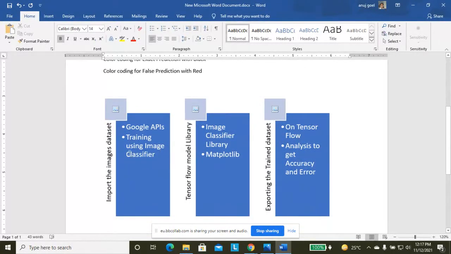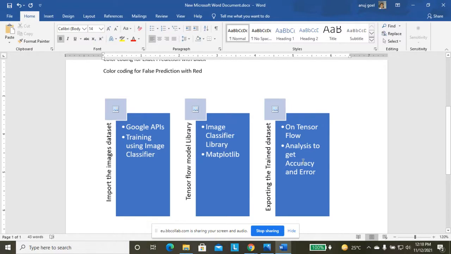Then we are training on the images, which I will show you. Then we export the trained data to TensorFlow, and here we are using a few libraries which we import on Google Colab, which I will show you.